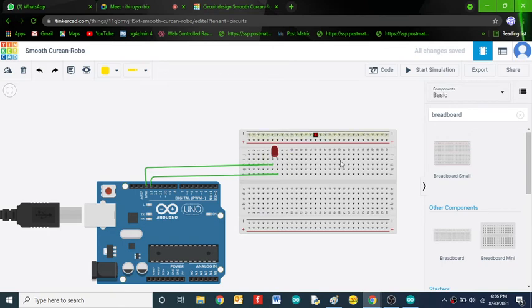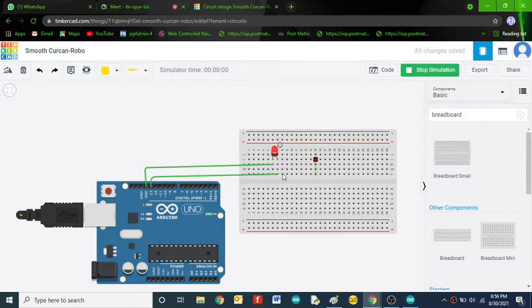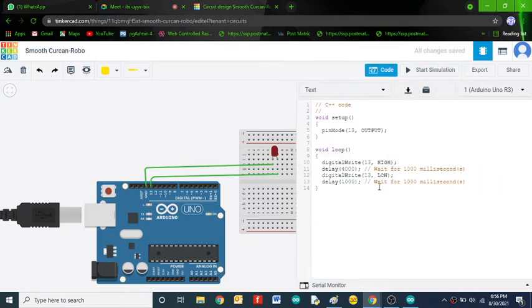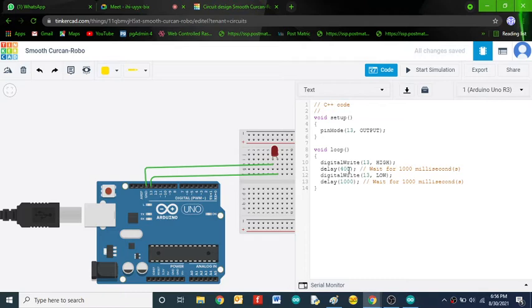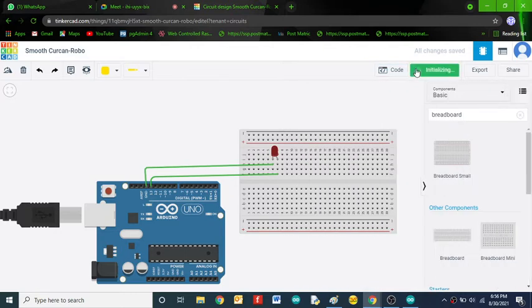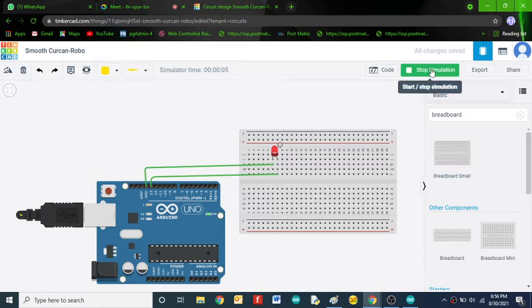Now go for the simulation again. So it is turned on. Now make the delay lower. I'll use 400 milliseconds. So we can play around with the delay.